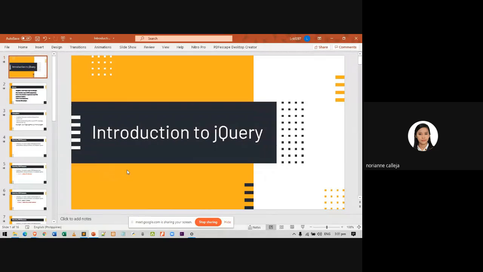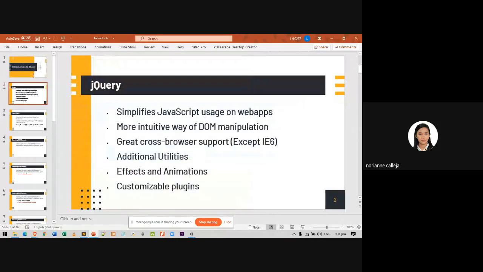So why jQuery? jQuery simplifies JavaScript usage within your web pages, or the web application that you will be developing.